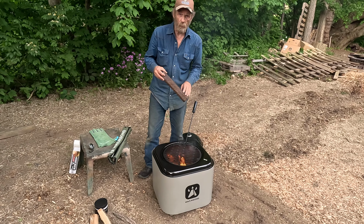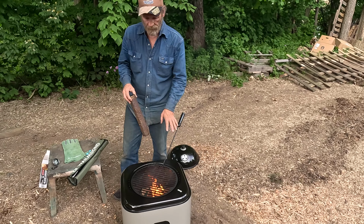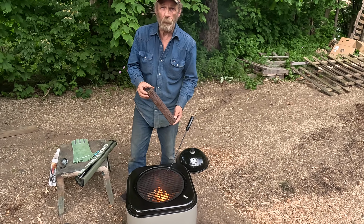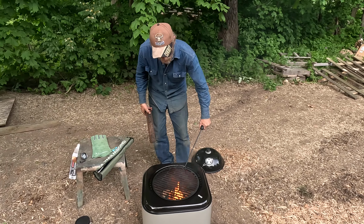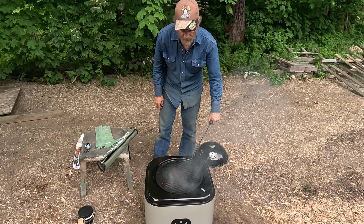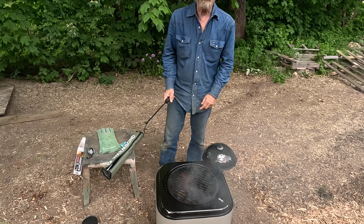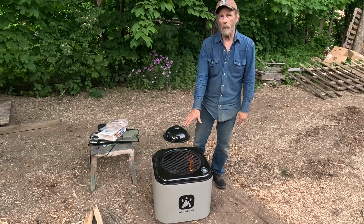Even though this isn't a Warmbond product, I'll tell you what, whenever I grill, I love filling this tube with some mesquite pellets. So we'll lift this off, just toss that in there, and then we can get nice mesquite smoked grills. Alright, so now that we got this puppy going,